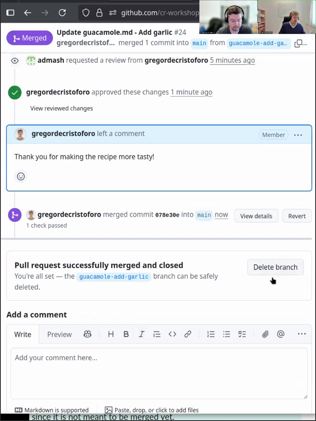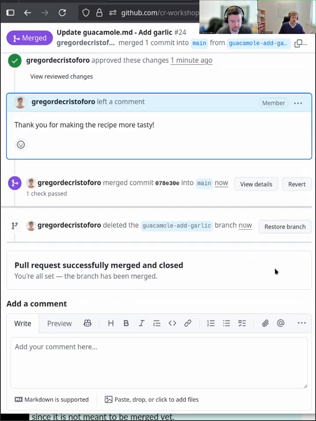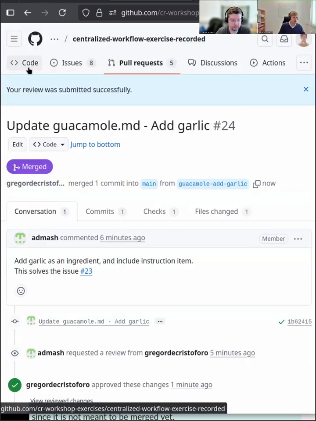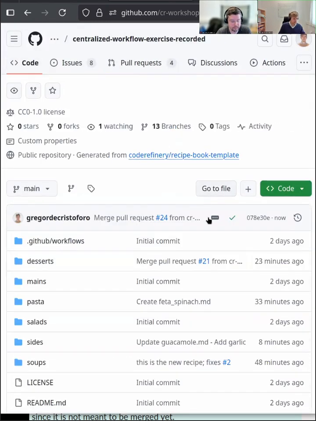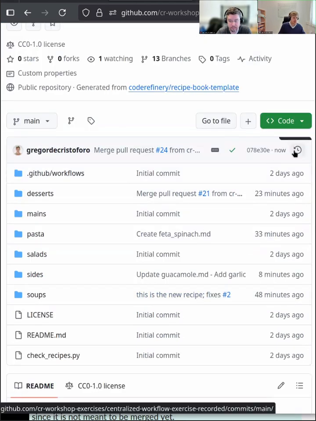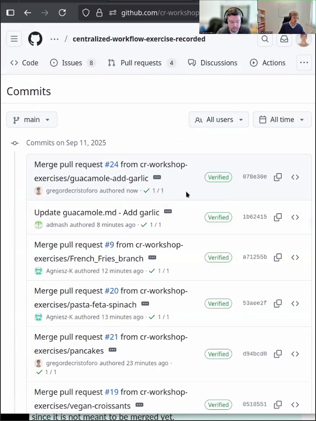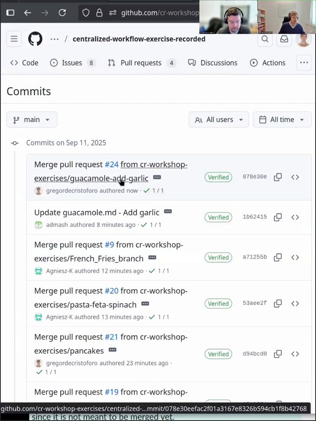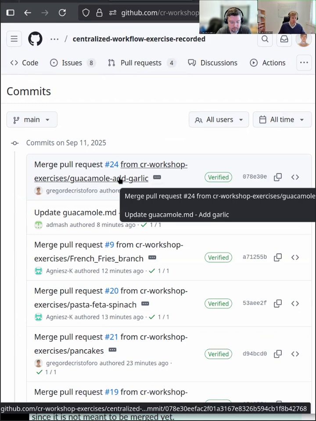And now what I can do is delete the branch. And that is safe to do, because now the changes from this particular branch are already in the main branch. So all the checks have been stored. So I can now delete this one. It's often good practice to delete unused, stale branches, so that you keep a good overview. If you would now go to the code and have a look here at the history of our repository, then we see here that the latest commit now refers to the merge pull request.